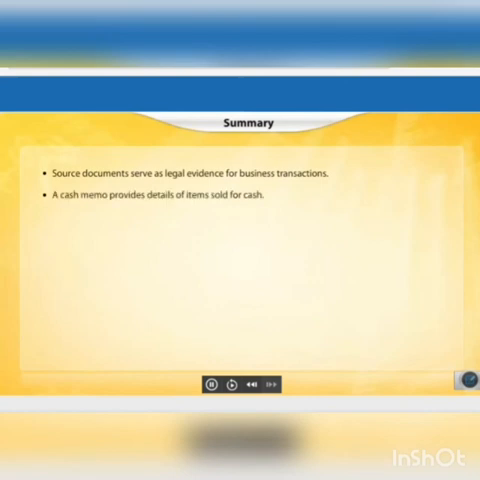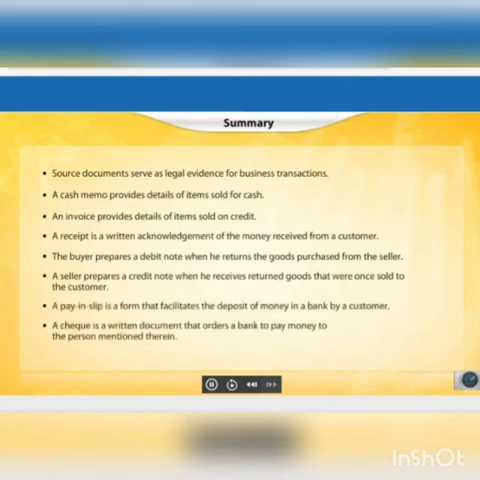Here are the main points covered in this